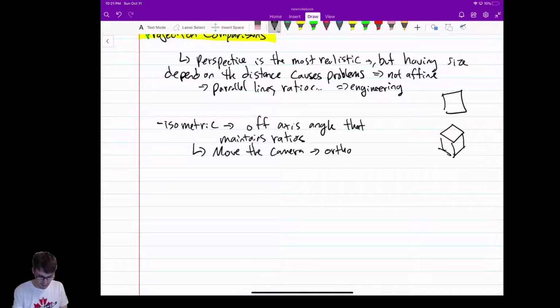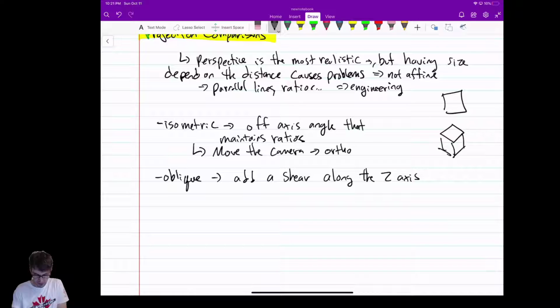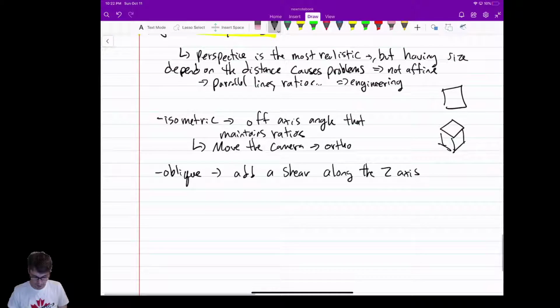Another approach is oblique projections, and they work a little differently. Instead of just doing ortho from a different perspective, they add a shear along the z-axis. So literally, it moves things sideways, not like turning it. It shears the whole z-axis, so I can see the front perfectly without any perspective, without any shift, but I pull things sideways so I can see the side face of it as well. Those are called oblique